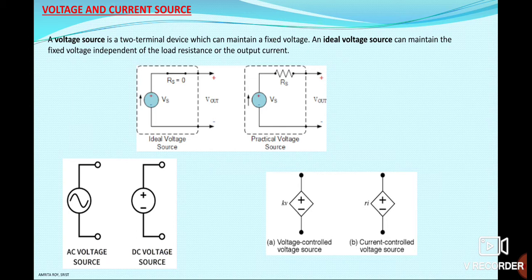Next is voltage controlled voltage source and current controlled current source. We can see that the symbol is basically diamond shaped and has polarity plus and minus. The controlled term is used for, that is, current controlled. So for a current controlled voltage source, the value is written as a coefficient multiplied by the controlling current, meaning I, and the voltage source is given in the diamond shaped symbol. Similarly, for a voltage controlled voltage source, the symbol is a diamond shaped voltage source and the controlling voltage, that is small v, is multiplied with the coefficient.